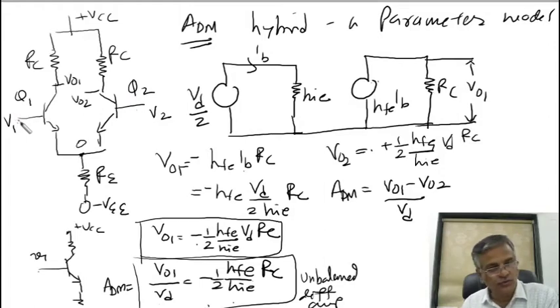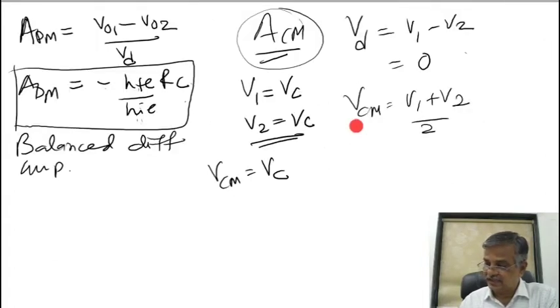If you do not understand, again I am telling you. I am giving such a kind of sinusoidal voltage here, and here I am giving a sinusoidal voltage. Both the voltages are the same. If this is increasing, this is increasing. If this is decreasing, this is decreasing. So your differential input voltage will be 0 and common mode signal will be Vc, or I should write common mode signal Vcm is nothing but V1 plus V2 by 2. So it is Vc.